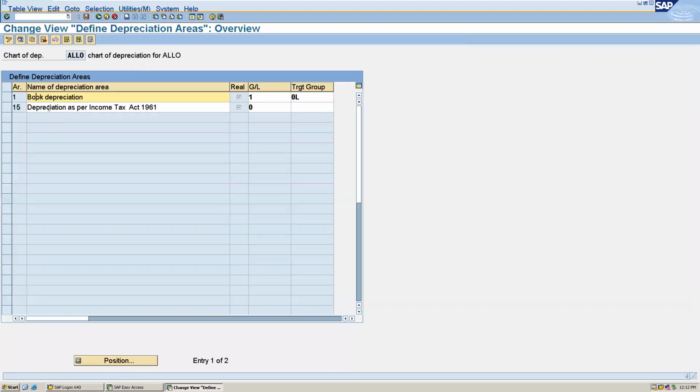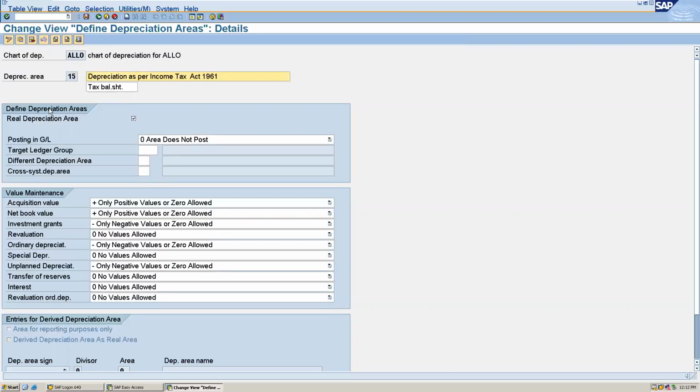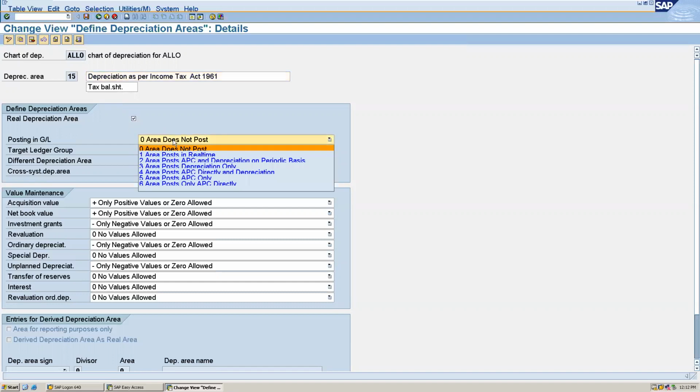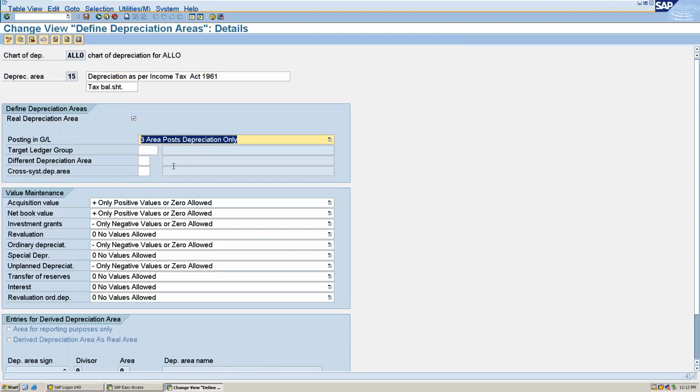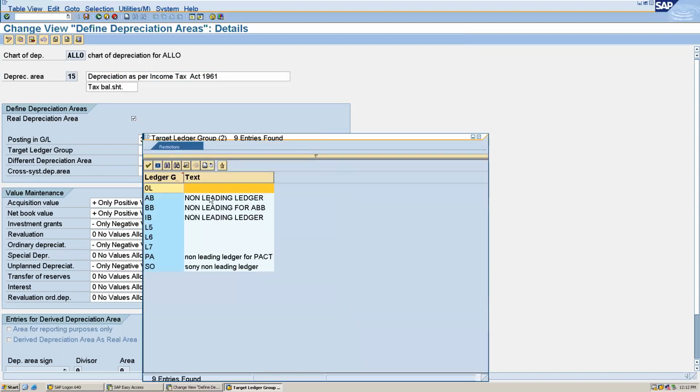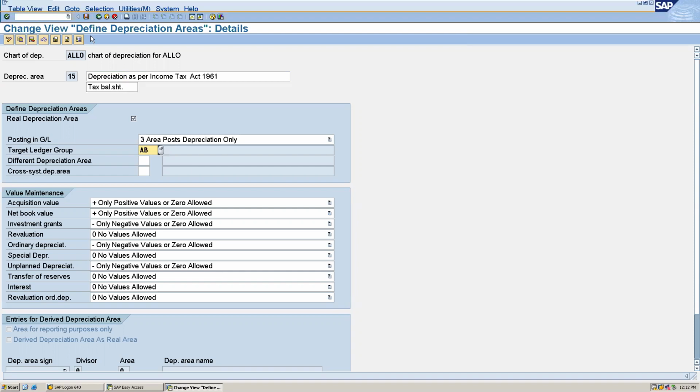And again, we can go to depreciation as per income tax. Here you can see we have to select area posts depreciation only. And for the target ledger group, you can give the non-leading ledger. And after that, save.